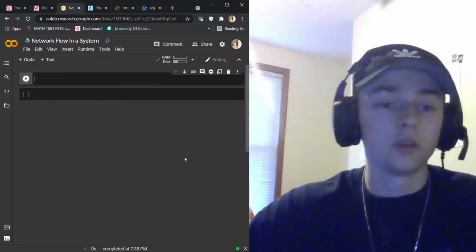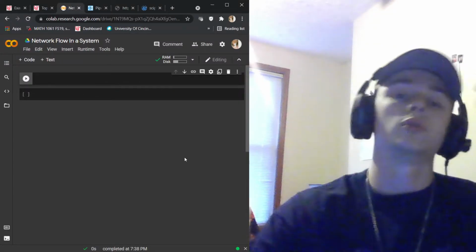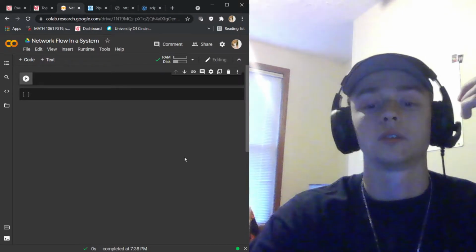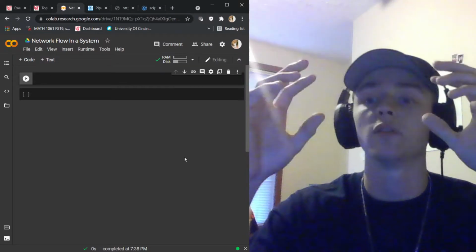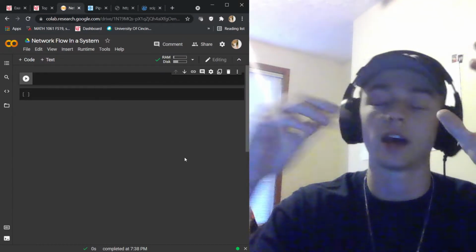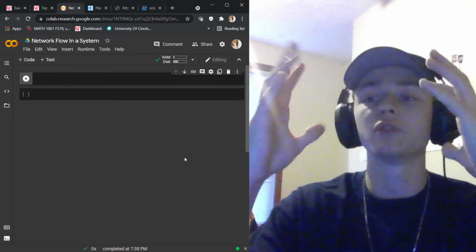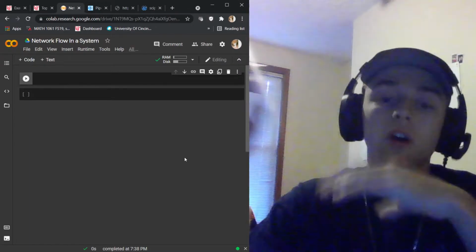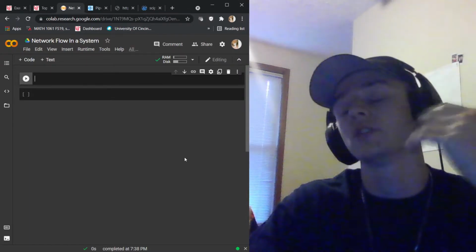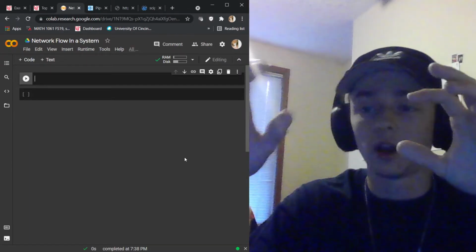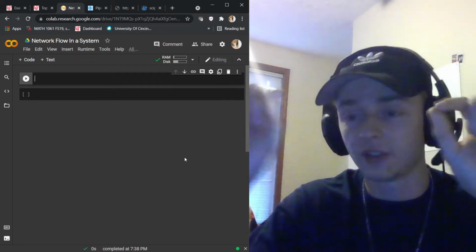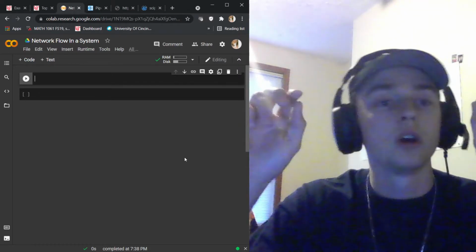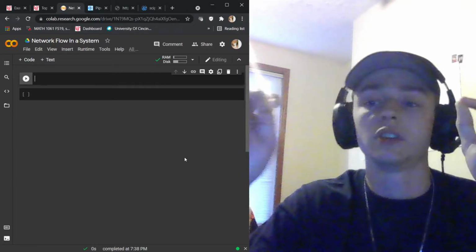So, what we want to do today is find the flow through an entire network of nodes and pipes that we have. There's 5 total nodes, node 0, 1, 2, 3, 4. And there's pipes that connect all of them. And node 0 is at an elevation of 30 meters. All of the pipes that connect them have a diameter of 0.1 meters. The relative roughness of each of the pipes is